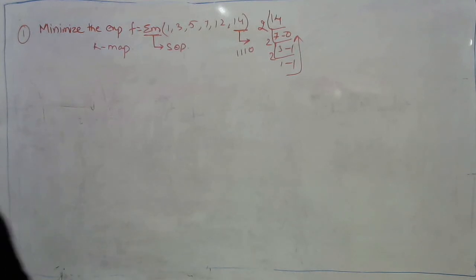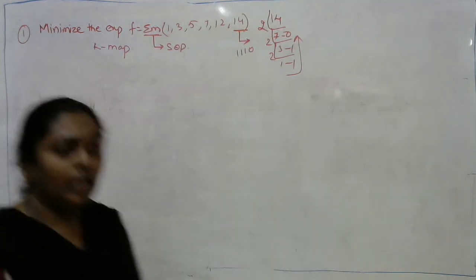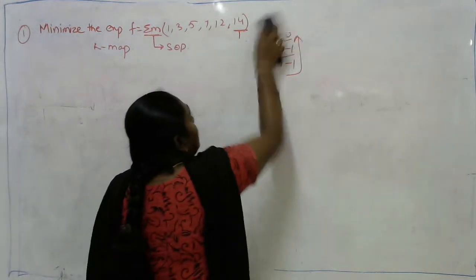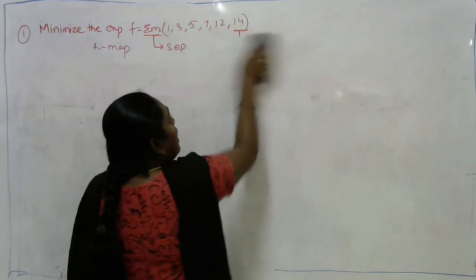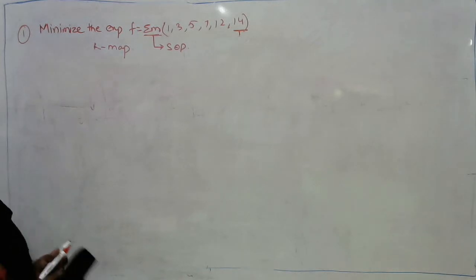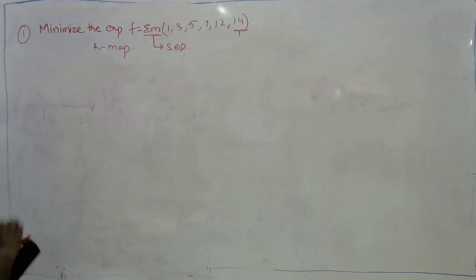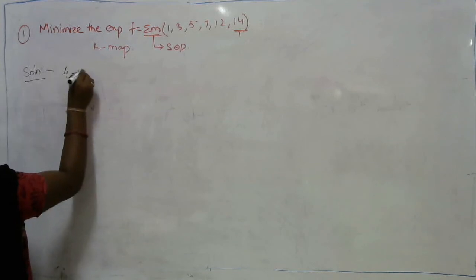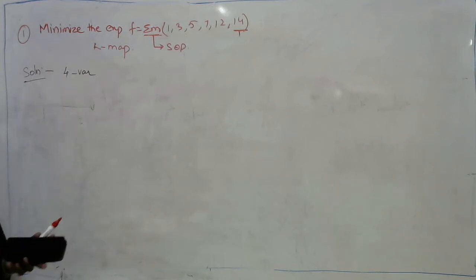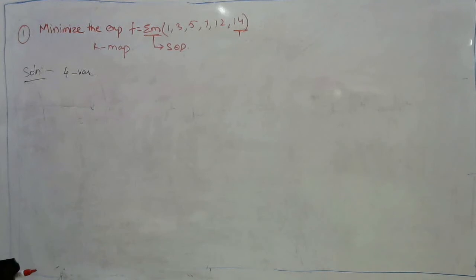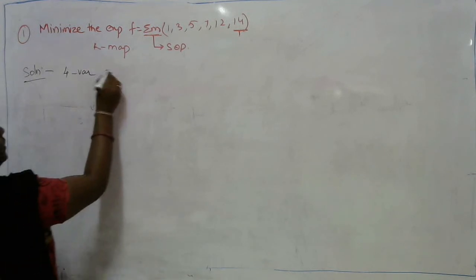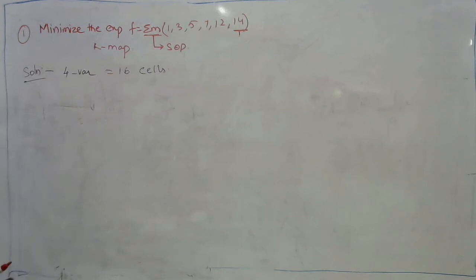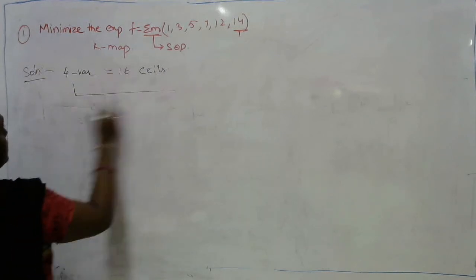So here, the highest digit in the question is what we need to convert into binary form. That binary equivalent will tell you how many variables the K-map needs. So from this I conclude that I need to use a 4 variable K-map. As we know, a 4 variable K-map consists of 2 power 4 cells, which is nothing but a total of 16 cells. So the first step is we need to draw the 4 variable K-map.